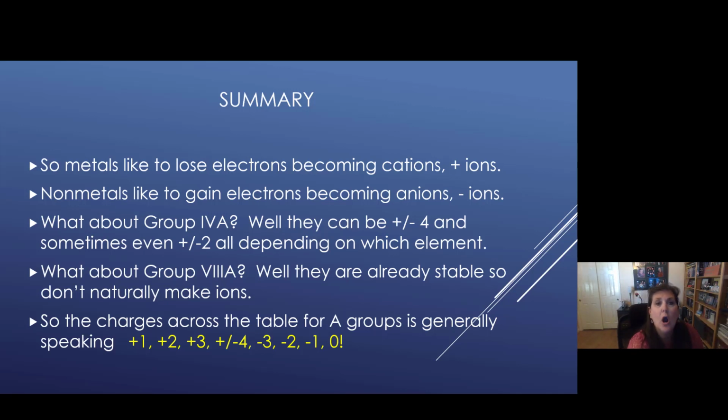Again, those are the charges for when you're an ion. What's your charge when you're an atom? This is a trick question. Well, atoms have equal protons and electrons, so they're all 0. Neutral. Atoms are neutral. It's only when you've gained or lost electrons that you're an ion and you have a charge. So don't forget that. Atoms have a charge of 0.